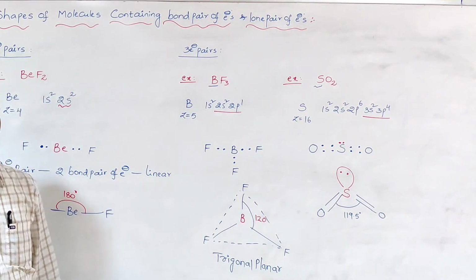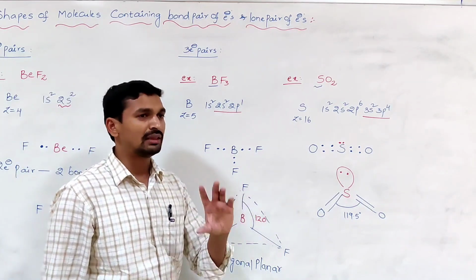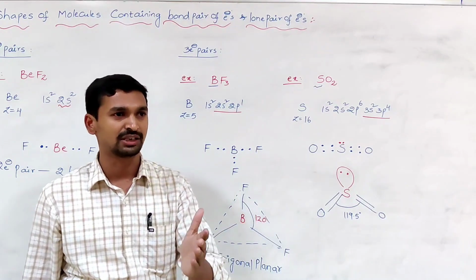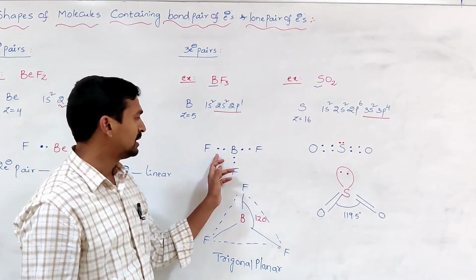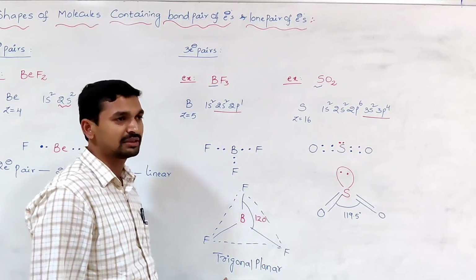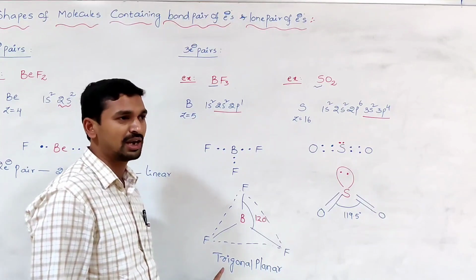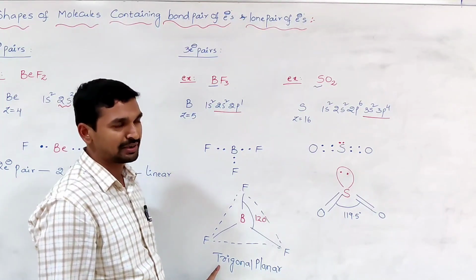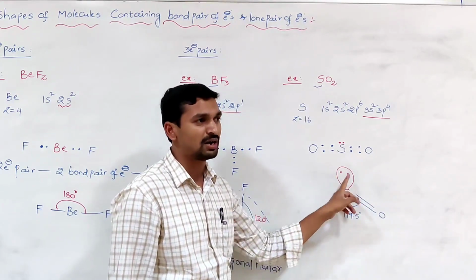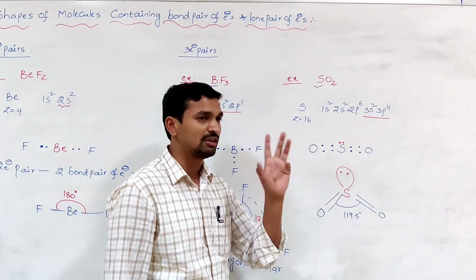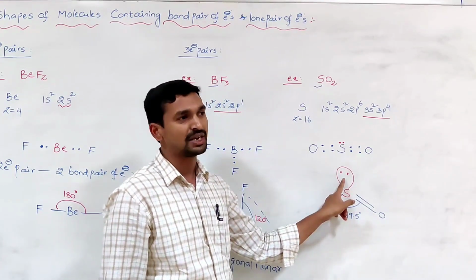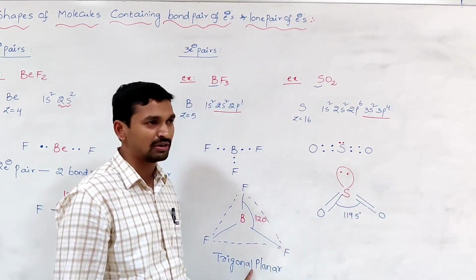So now your important point is, if all the electron pairs are bond pairs, the electronic geometry is the same as the molecular geometry. That is, if all the 3 electron pairs around the central atom are bond pairs, the geometry is trigonal planar. But in this case, all the 3 electron pairs are not bond pairs. So if you consider only electron pairs, 1, 2, 3, with 3 electron pairs the electronic geometry is trigonal planar.